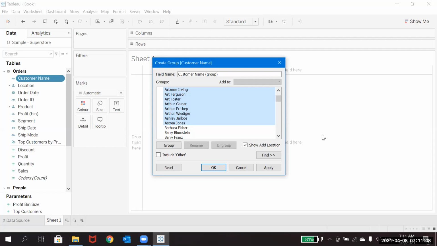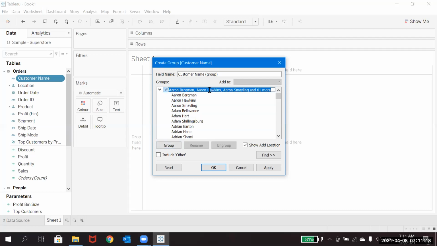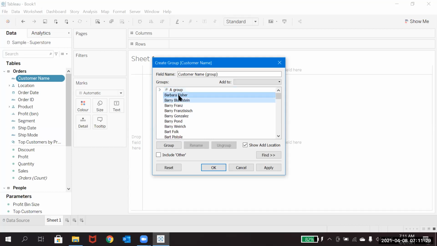How I need to group is, you need to click on this Group. So here I just kept an A group, so I'm going to give the name for them as A group. If you click this drop down, you will see all the A related names went into this A group. So now likewise, let me just do it for the B also. B group.